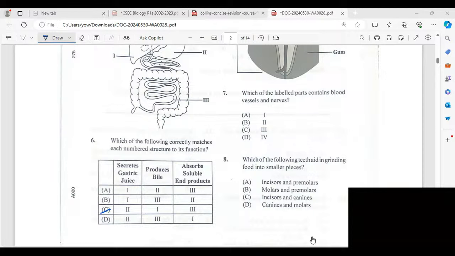Yes, this slide will be saved. All right. Then